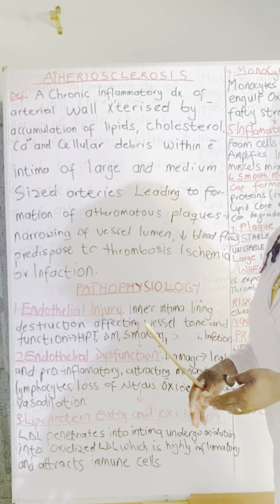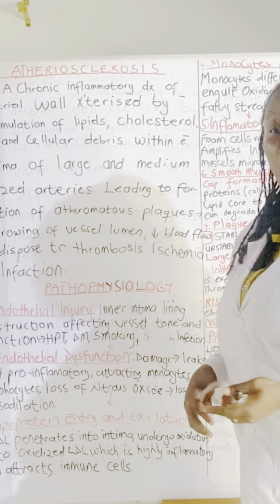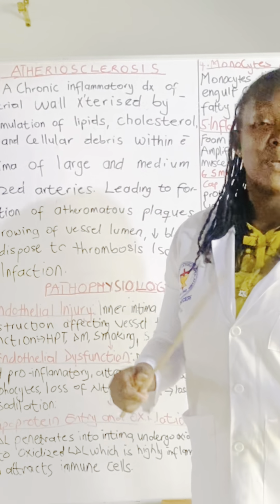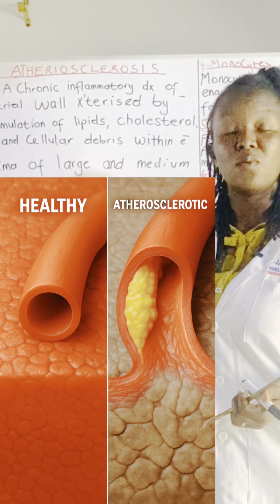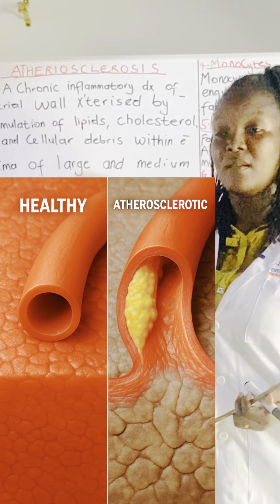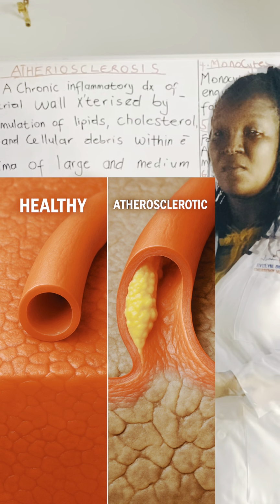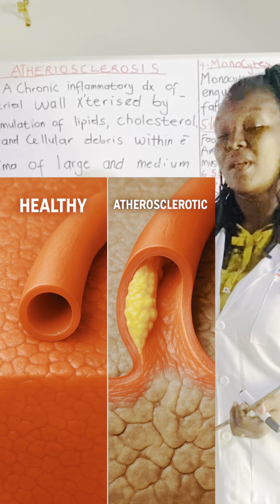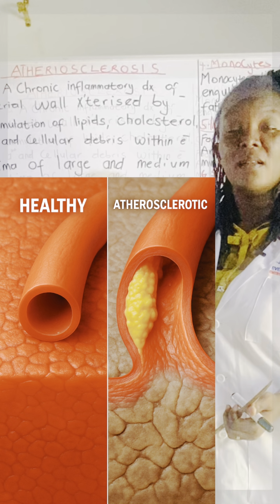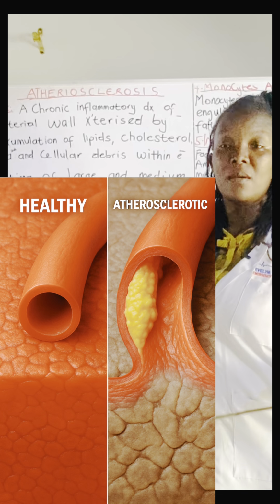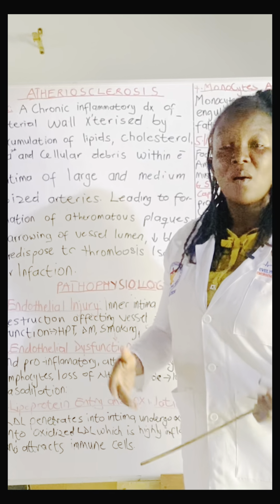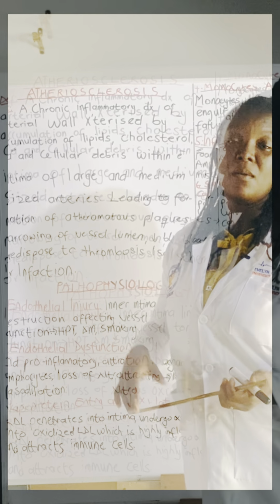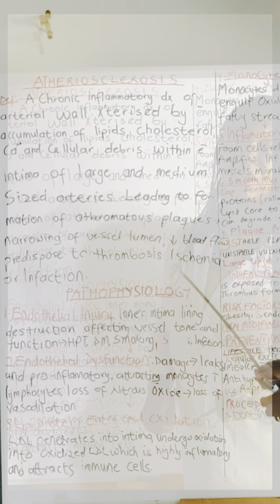Now this plaque, the fact that it is there and it has narrowed the lumen of the arteries or the blood vessels, can also lead to reduced blood supply to wherever that artery is supplying, and then cause ischemia. In another form, if that plaque ruptures, then there is bleeding, activation of platelets, and clot formation, and that clot can go and cause an embolus somewhere. So now let's look at the